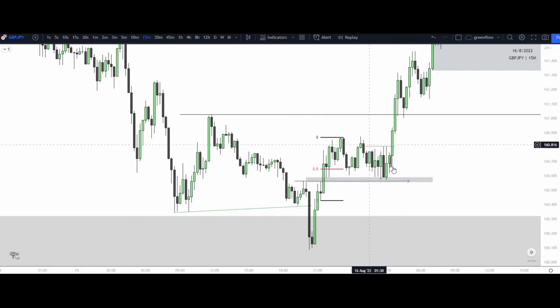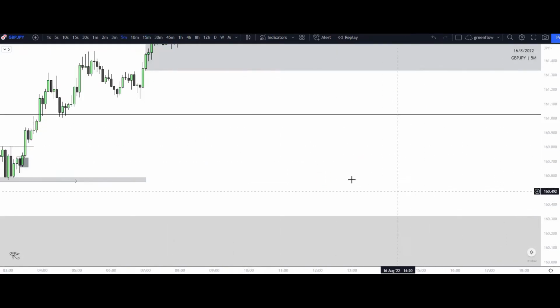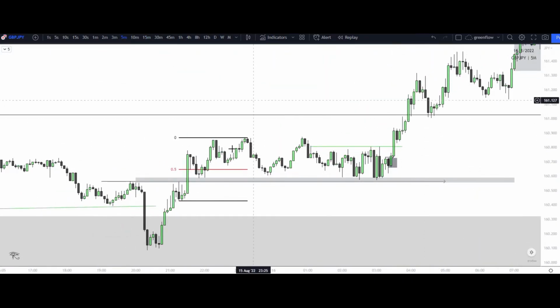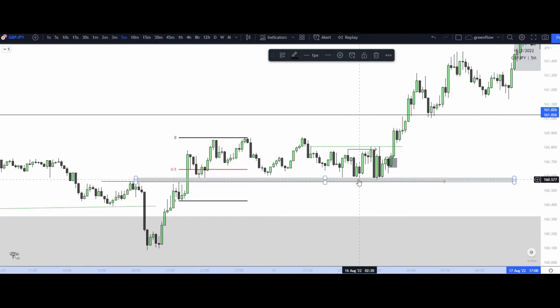This gives me the idea that we can now look for trades within this time frame. This is that 15-minute, and then we can go to 5, and then 1, and look to where that happened, how we could have gotten in trades, and why. So we can see on the 5-minute that obviously price broke structure to the upside right here, from a high that caused a low. We broke structure to the upside.